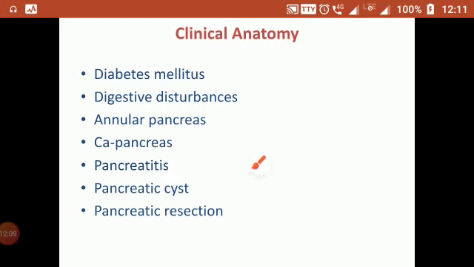Coming to pancreatitis, it is the inflammation of the pancreas. It may be primary or may be due to gallstones in the common bile duct. The acute pancreatitis is a serious condition and may result in collection of fluid in the lesser sac. Pain is poorly localized and referred to the epigastrium. Pain is also referred to the posterior abdominal region and around the lower thoracic vertebrae due to inflammation of the soft tissues of the retroperitoneum.